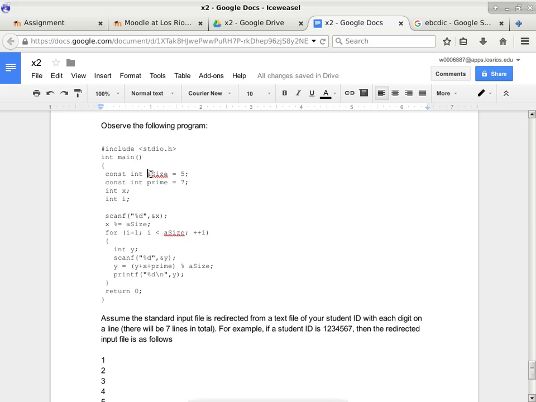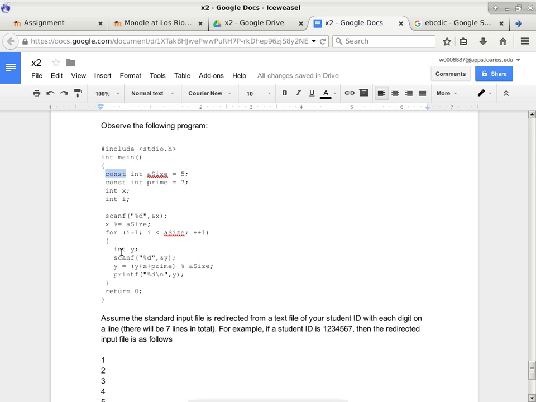So right here we have the integers being initialized. And remember what const is? I kind of briefly talked about const. It is also in my notes here. In my notes, const means these so-called variables are not real variables. They do not change. They cannot change. So once size has a value of 5, that cannot change. Once prime has a value of 7, that cannot change. Well, that should not bother you much, because do I have anything here that can update size or prime? No. So whether I use const or not really does not matter, but it really is appropriate to use const